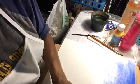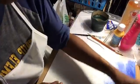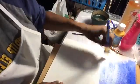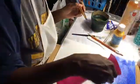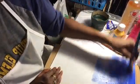So this is ultramarine blue. I'm trying to paint this background. I'll show you guys what I'm working from in just a second. Let me get the background painted in before it all dries out. Acrylic can be your friend, but if you don't pay attention to it, it'll be a problem. So let me just continue to spray this down a little bit because it needs a little bit more water. And I'm working on a canvas board, not a canvas, which is a little different for me